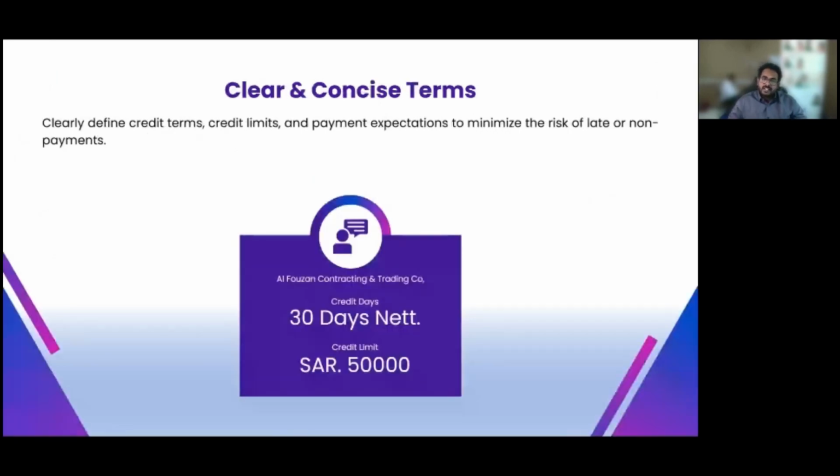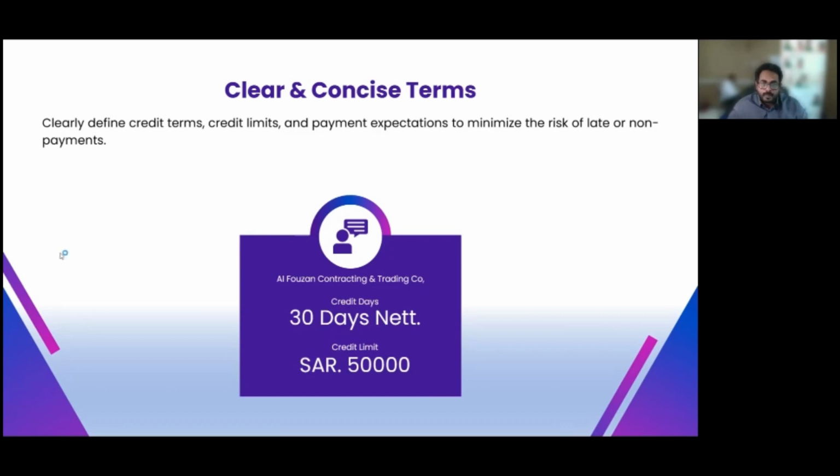Now, the other challenge we saw was unclear payment terms. So this is one of the important aspects. This is something, as I said in the beginning, that is a very simple strategy, but often overlooked by the business. So it is essential to have clear payment terms, depending on your customer. Within a business, you might have different types of customers. Let's say if you take a trading company, you have a whole